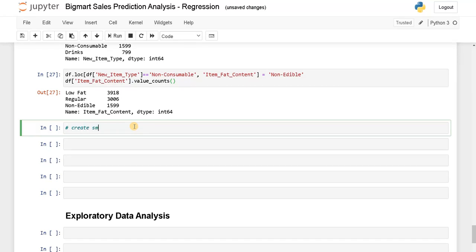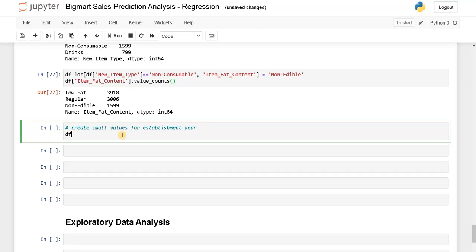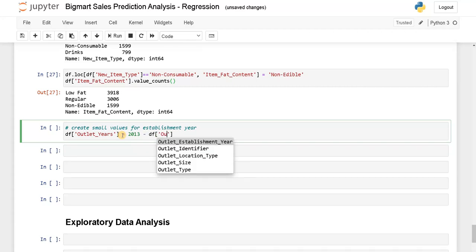Create small values for establishment year. Df of outlet years equals 2013 minus df of outlet establishment year.